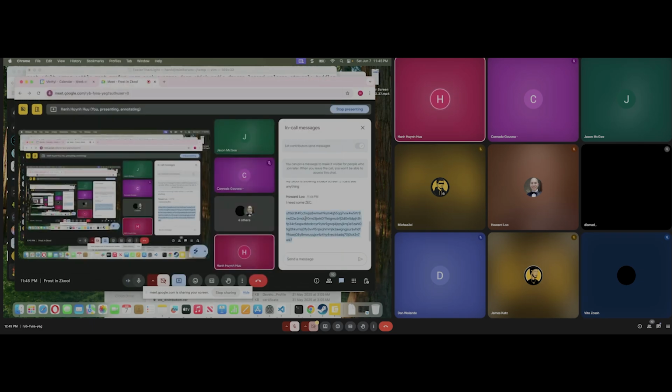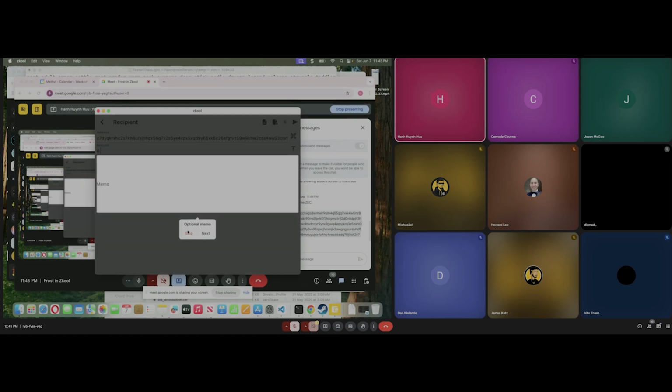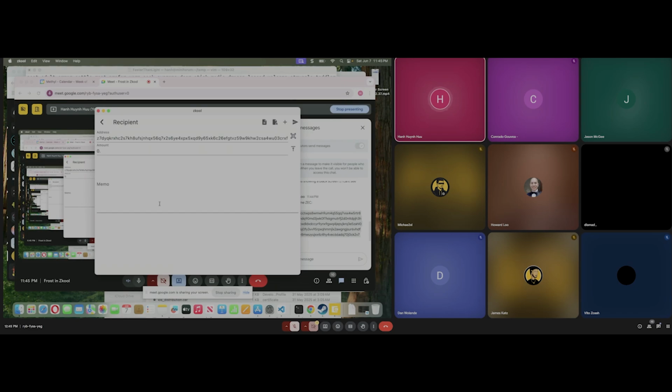I need something. Okay. All right. Let me do 0.003. If you press plus here, you add that recipient to the queue, and you can make a multi-recipient transaction. So this is for Hahn,